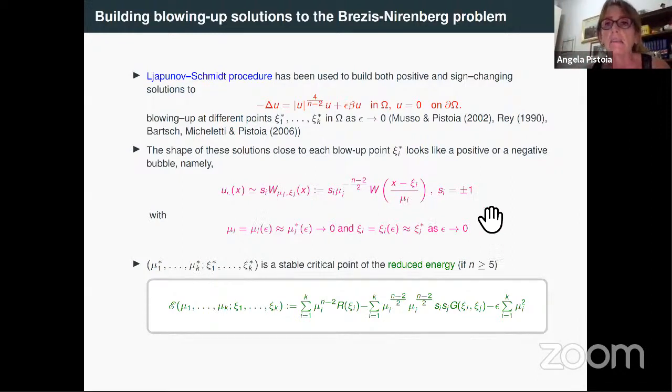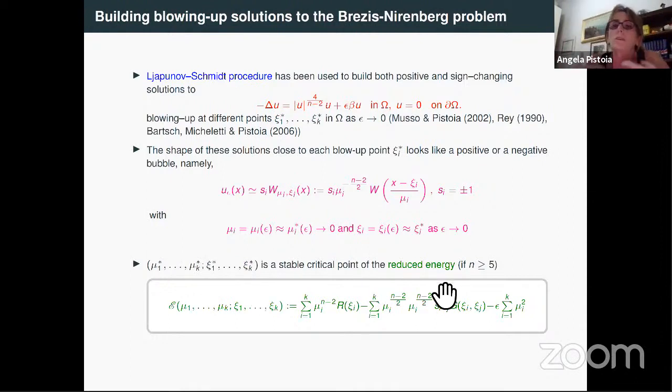Here s_i is +1 if the bubble is positive, if you have a positive blow-up point, and s_i is -1 if you have a negative blow-up point. Okay, and what can we say about the location of these blow-up points? Well, it is well known that this construction is possible